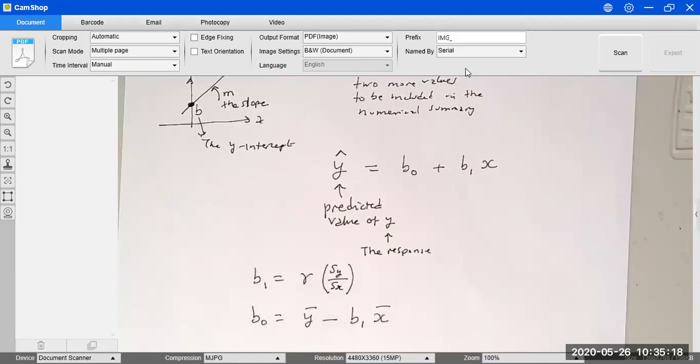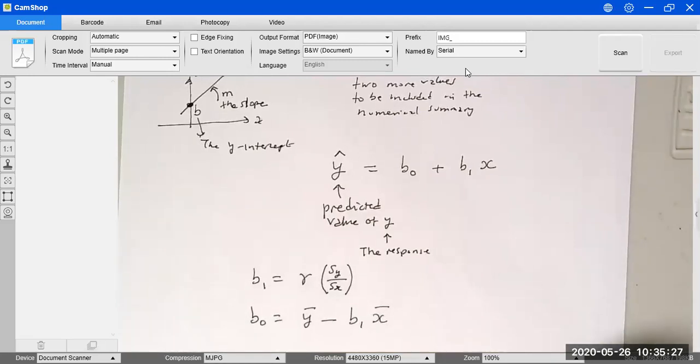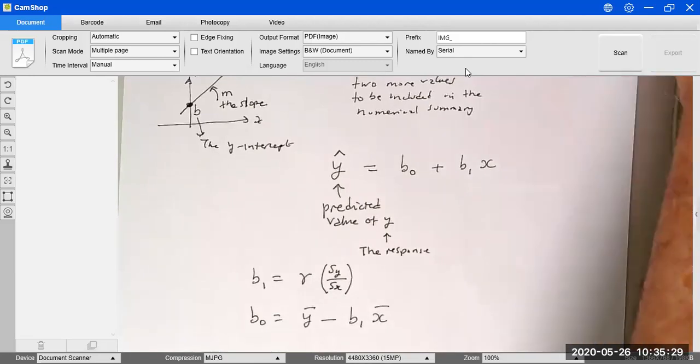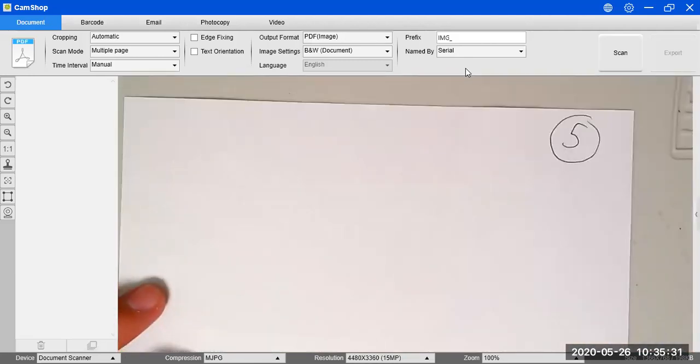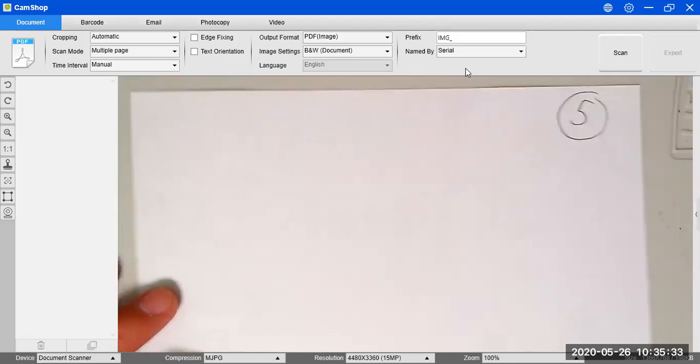So we're going to solve an example now. We're going to solve example 4.3. So we're going to work two more examples to finish this lecture. So example 4.3